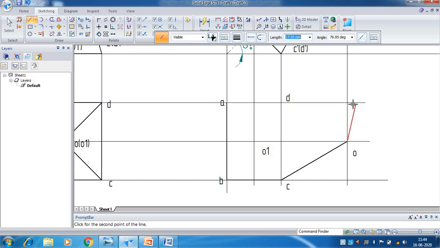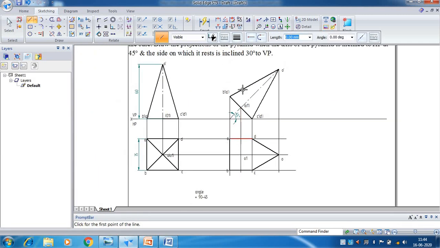Then if you rotate the cursor in counterclockwise direction, the next point is going to be D. Look for intersection symbol. The next is going to be A. So this is the outermost boundary. That is, when you look from the top, the outermost visible boundary is this one. Then you need to find out the hidden line. So to find out the hidden line, you have to look from the top.